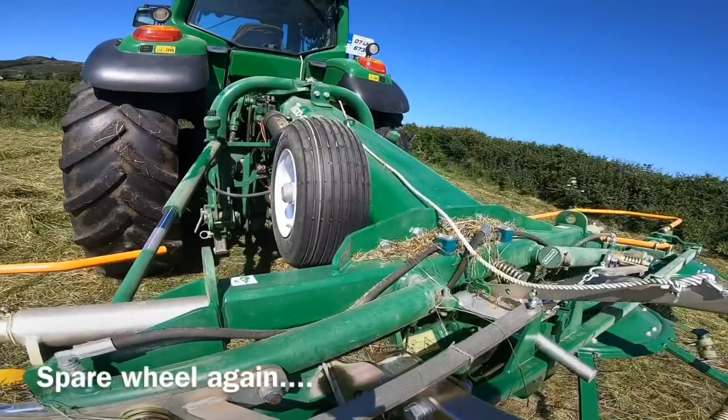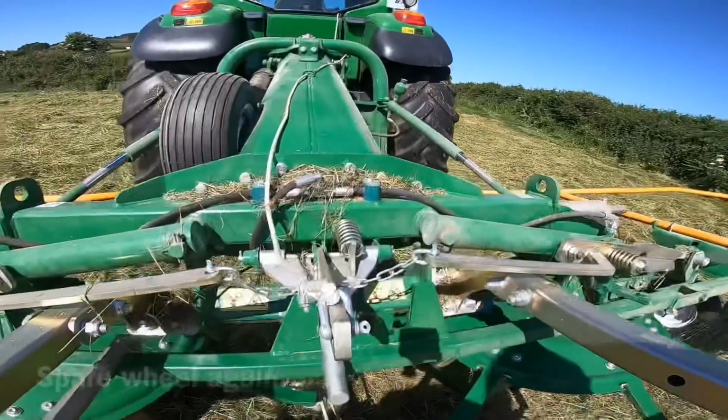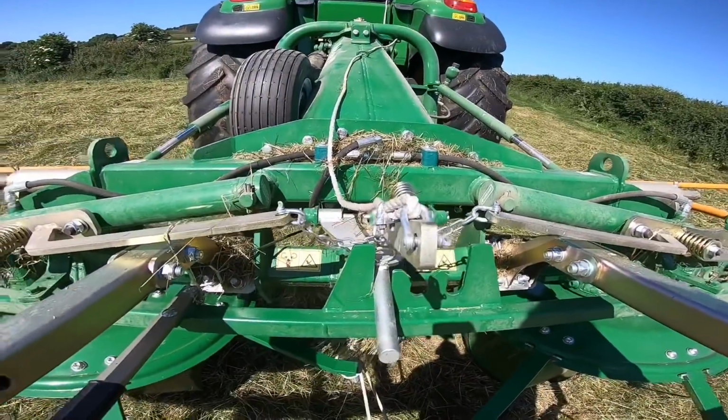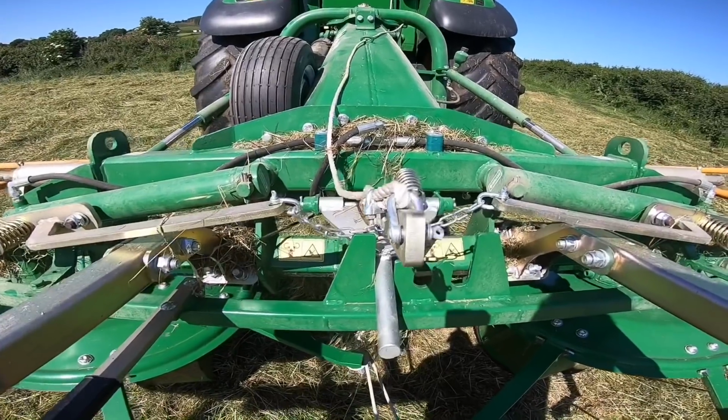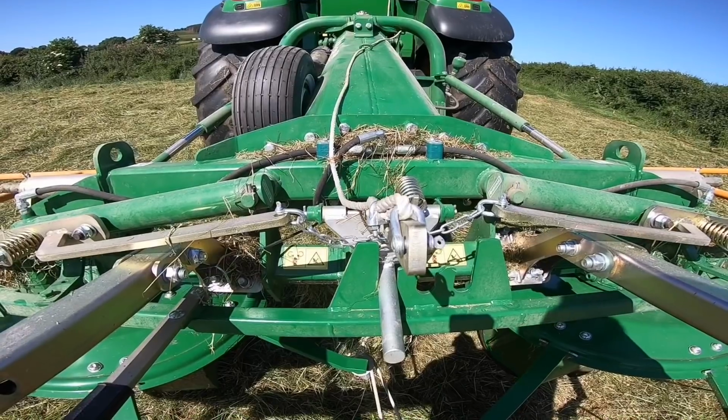What else have you got? Spare wheel, I mentioned that. You've also got a headland system on it as well for tedding the headlands. A big issue can be that a lot of your grass ends up tedded or